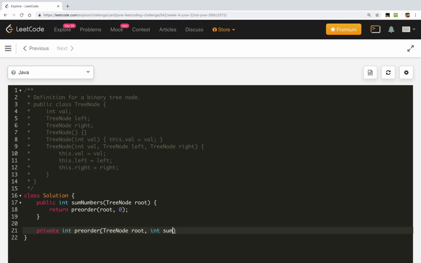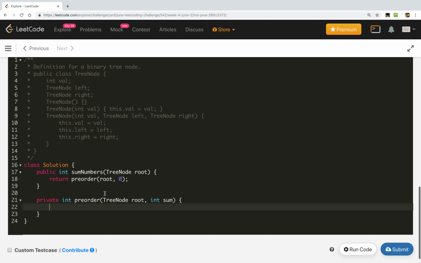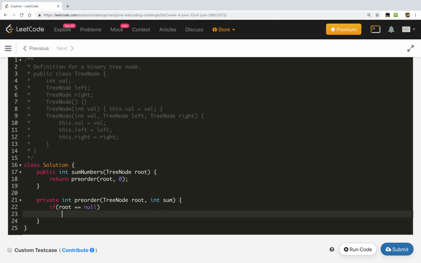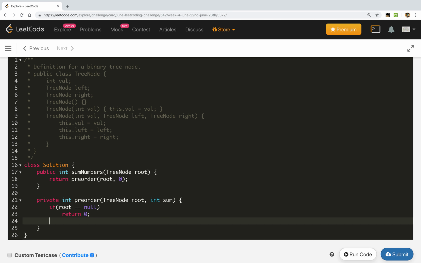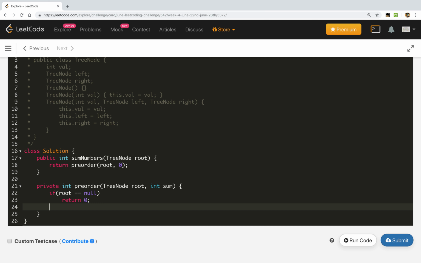First we check if the root itself is null, meaning there is no node, so we just return 0. Then we compute the new sum: int newSum equals sum times 10 plus root dot val.